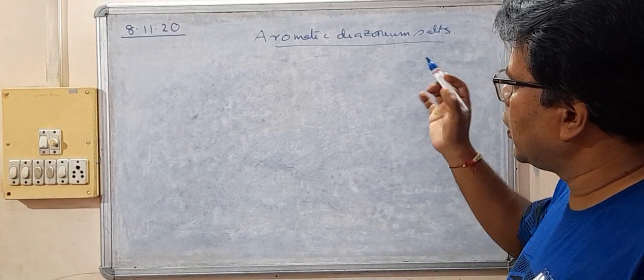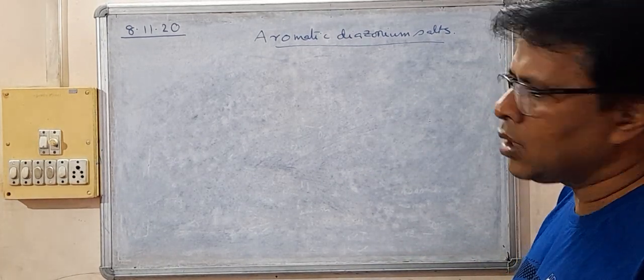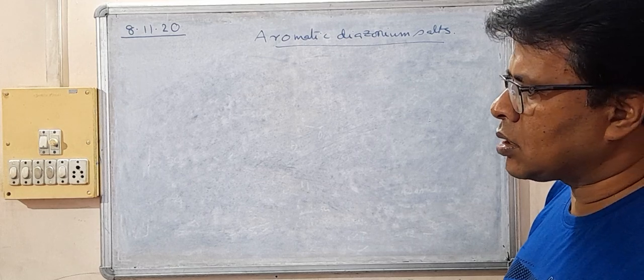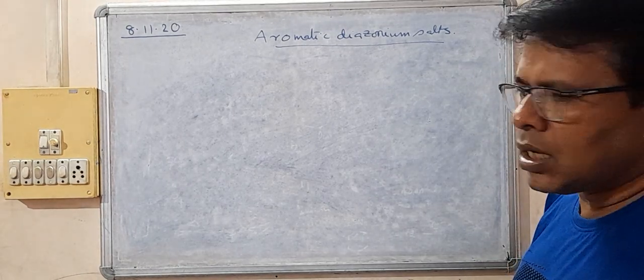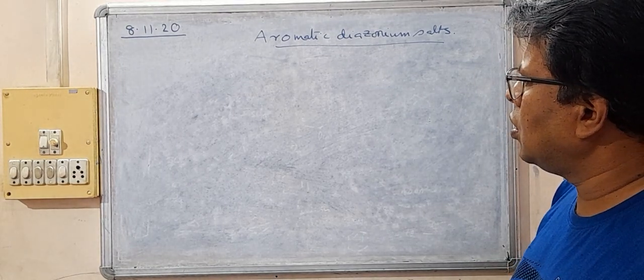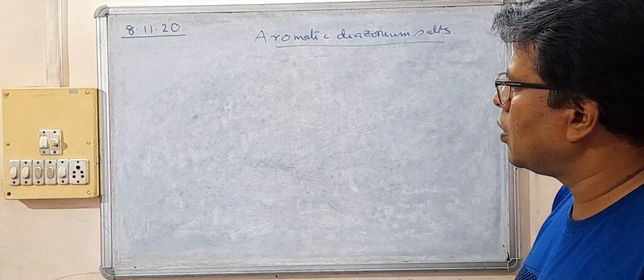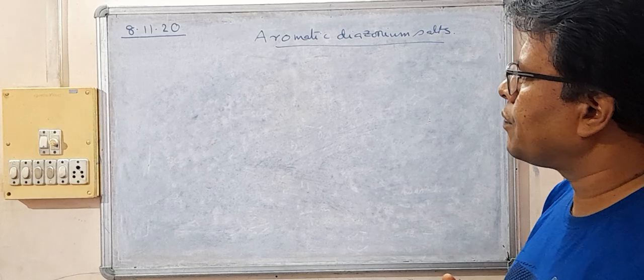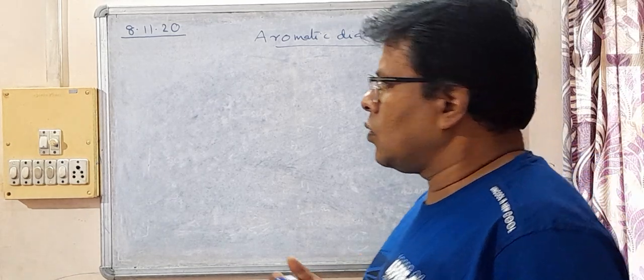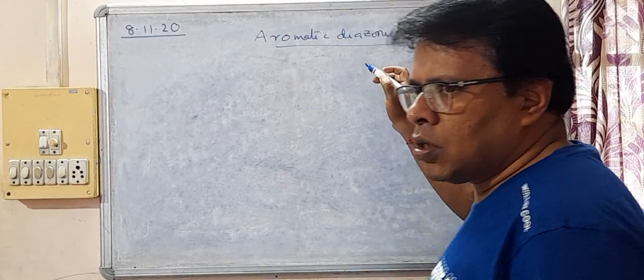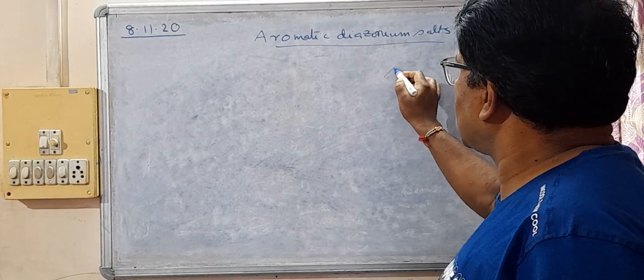So here we have aromatic diazonium salt. This is not in syllabus as has been said, but a little bit of this we should do because it may come in some other way or in other exams. Okay. So aromatic diazonium salt is this Ar or benzene ring